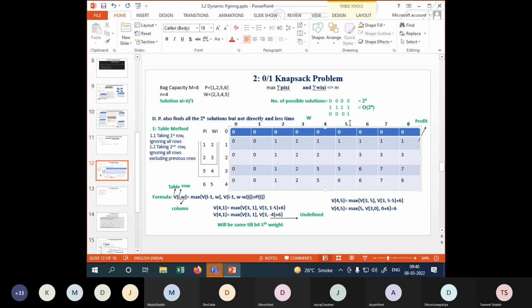तो मैं पहुंचा था यहाँ पे। अब जब मुझे 5 kg दिया जाता है, चूंकि अगर मैं इसमें से किसी भी आइटम को लूं, ये 5 kg से ज्यादा बन जाता है। 4 + 3 7 हो गया, 4 + 2 6 हो गया, तो मैं इनमें से किसी को ऐड नहीं कर पाऊंगा। तो मेरा प्रॉफिट फिर से वही रहेगा, क्योंकि मेरे पास एक ही आइटम इस बैग में है। Now बैग वेट is given 6, so 6 मतलब कि मैं इस आइटम को 5 और 4 और इस आइटम को 1 और 2 जो पहले दिया गया, इन दो को ऐड कर सकता हूँ। 4 और 2 6 हो गया, 5 और 1 हो गया 6, तो मेरा प्रॉफिट 6 आएगा, है ना।